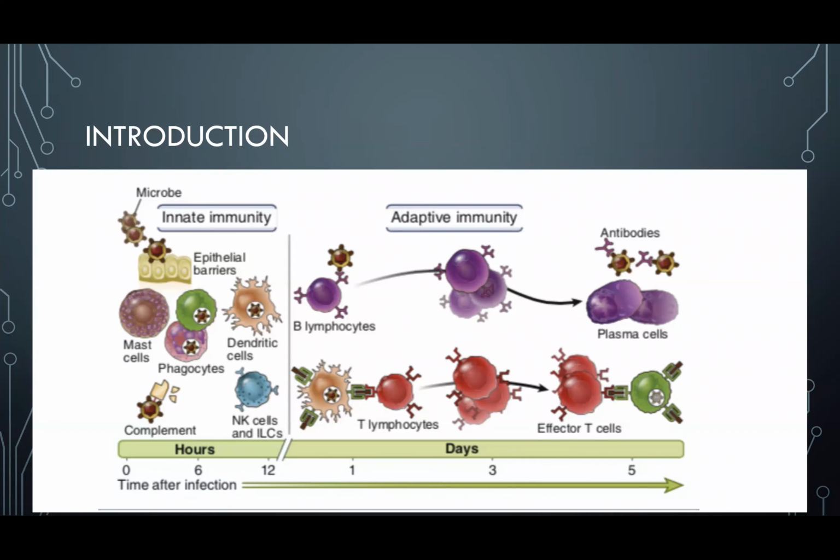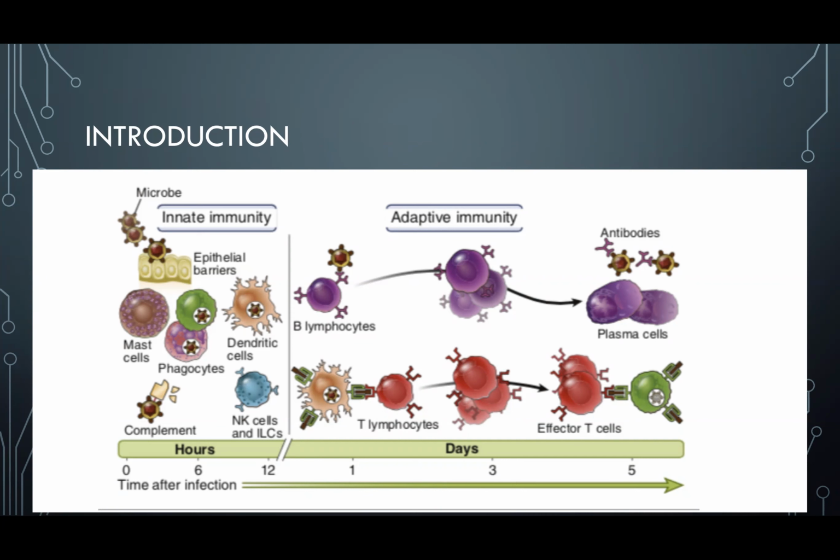Now we will start with our introduction. This diagram shows the overall differences between innate and adaptive immunity. These include the cells involved, the time after infection, and the response time. In innate immunity, we have epithelial barriers, mast cells, phagocytes, dendritic cells, natural killer cells, and complement system proteins involved in the response. In adaptive immunity, we have B lymphocytes, plasma cells producing antibodies, T lymphocytes, and effector T cells